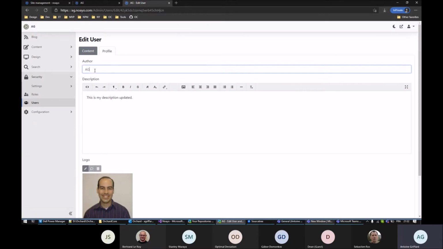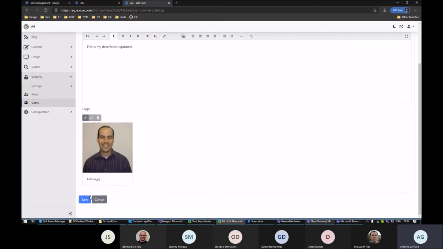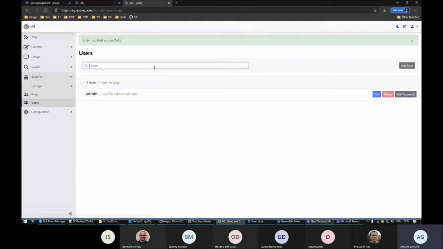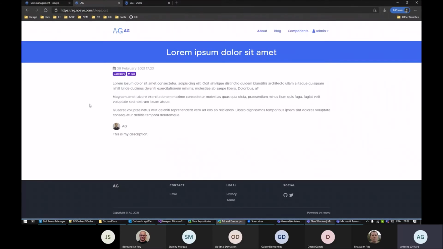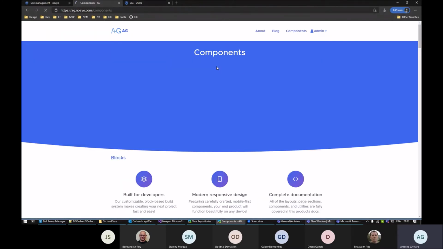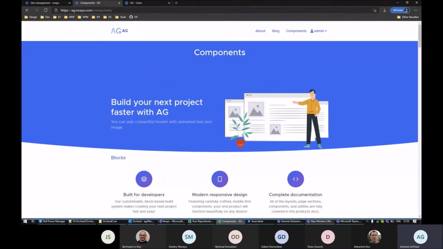I can change the author, the description, add a picture for this owner. So as you can see here, that was the blog post, and for example, I give a components page,